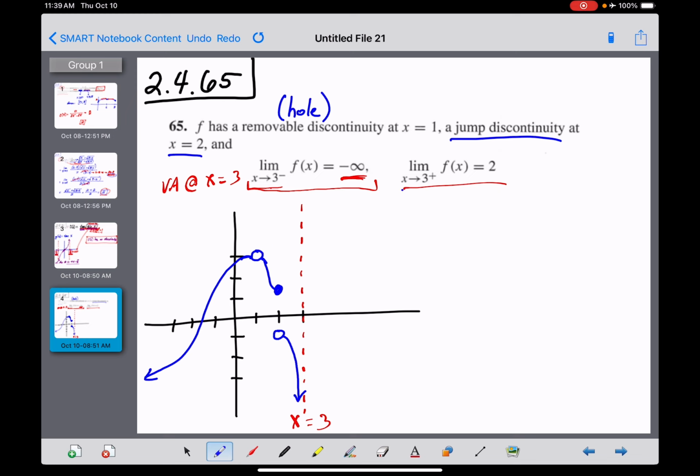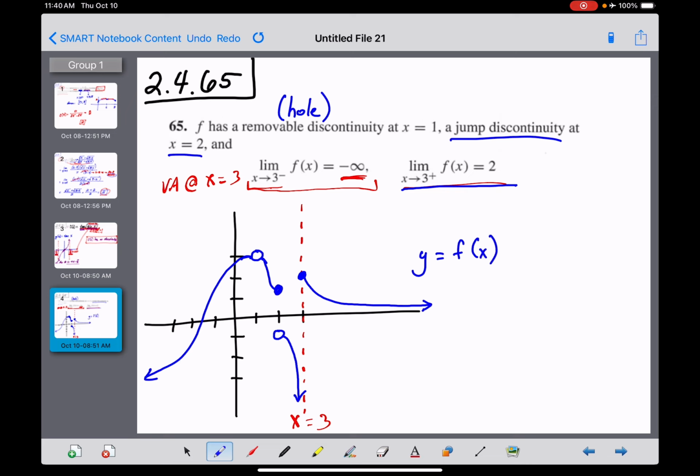And the last thing I need to cover is this statement here then. The limit as x approaches 3 from the right would have to be 2. So that means we're going to hit the point 3, 2 right over here, and as I think about this, I don't think it matters whether this is an open or a closed dot right here. So I'm going to have that, and then again, this could do almost anything on the right-hand side that it wanted to. I'm just going to make it look like part of a rational function, maybe there, looking something like that. So this would be my graph here for y equals f of x,